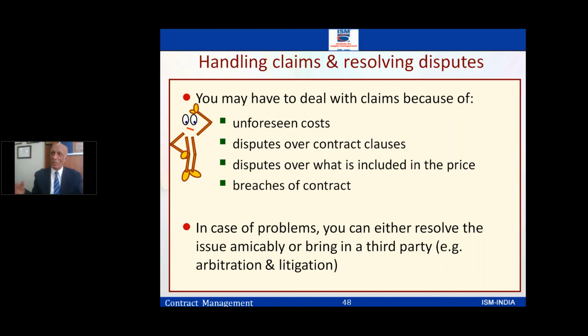Dispute over what is included in the price. We write down the price is so and so. We don't even mention whether this is exclusive of tax or exclusive of this. So I would say put down a footnote: the price does not include this, this, this. If currency changes, this price will be changed. If this happens, this will be changed. Those parameters, if not spelled out and you assume the other person knows it, is a mistaken approach. So try to document each and every parameter which could affect the price. And if taxes are separate, mention that this price is exclusive of taxes. Any applicable taxes will be applied on this.